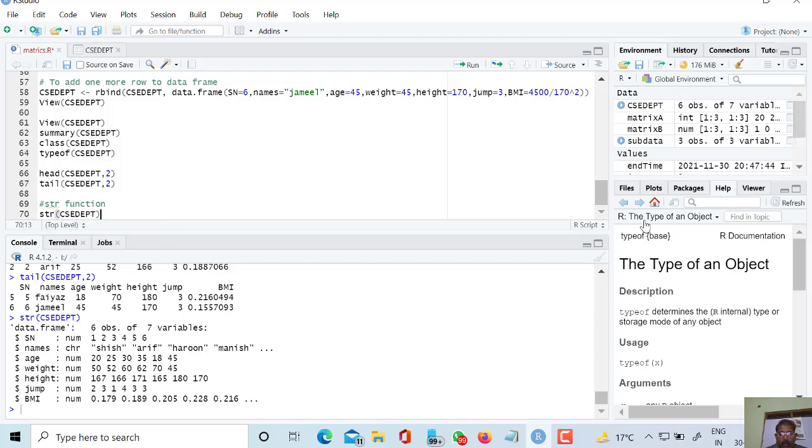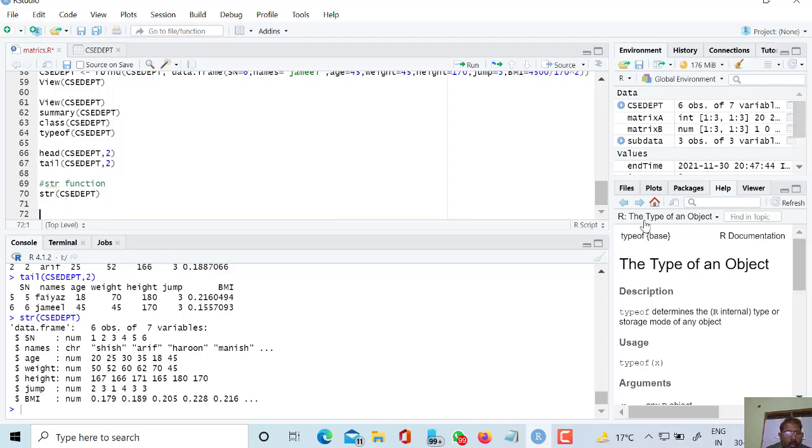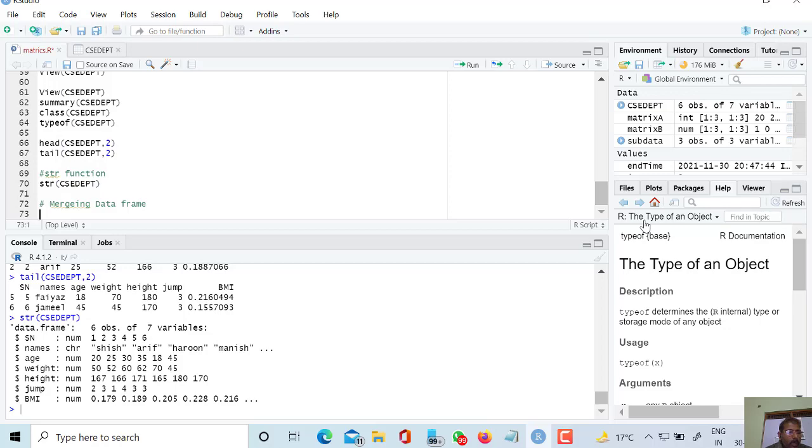Now merging of data frames, we will understand how to merge data frames. Merging data frames. So what are the advantages of this? It can make data more available.